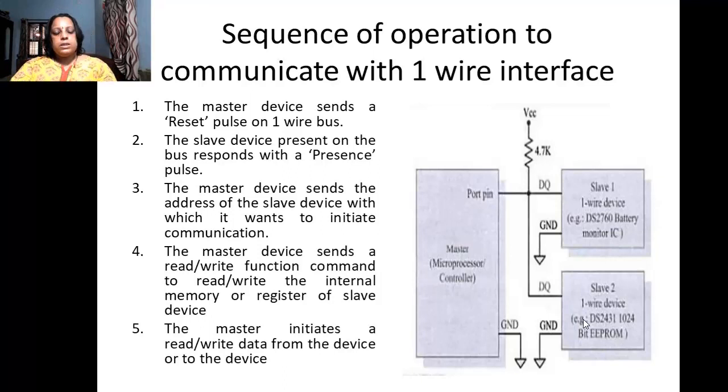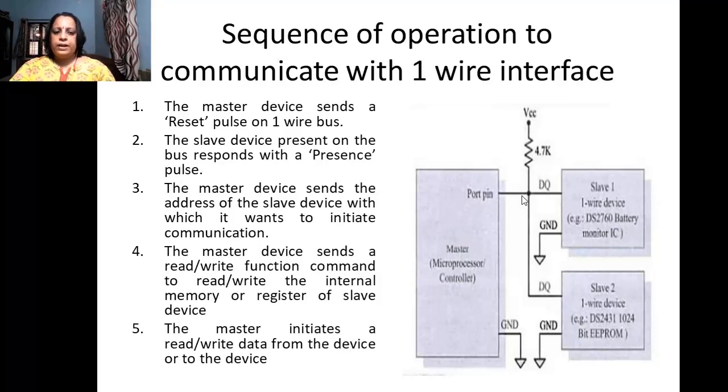Now slave 1 gets the address and it matches its own address, so slave 1 and master are connected. All this communication occurs through a single line, that is DQ. After the connection is made, the master sends the read or write function command, whether it wants to go ahead with a read operation or a write operation.